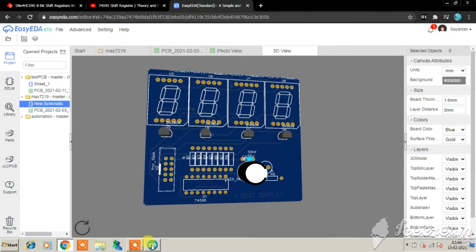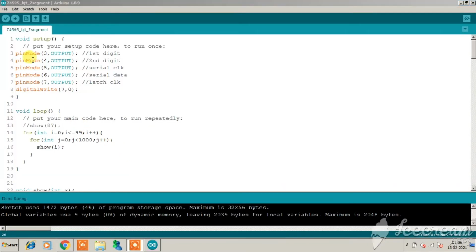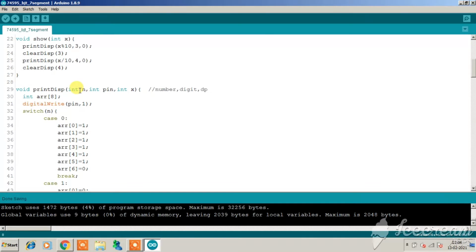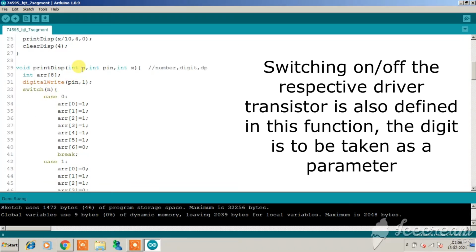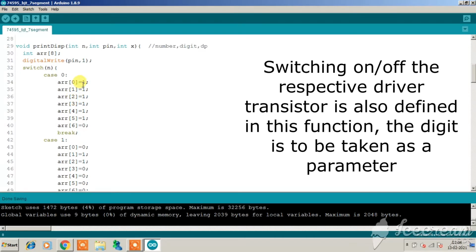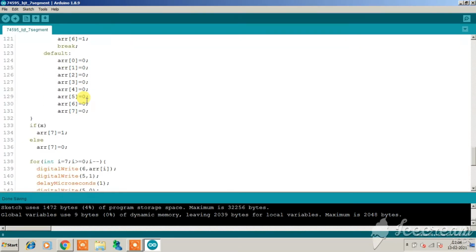Now let's first look at the code on the Arduino IDE. In the code, you can see pins 3 and 4 are being used for the first and the second digit, and the remaining 3 are being used for the 74595 chip register. Now in the void print display, according to the number to be shown, the corresponding segments are to be set or cleared. This is very easy.